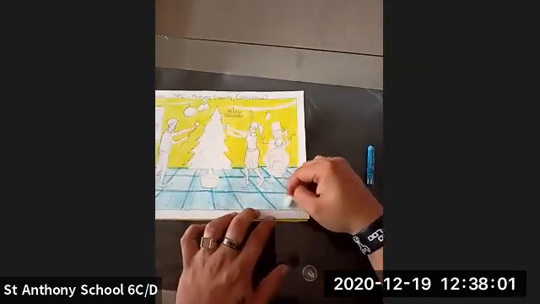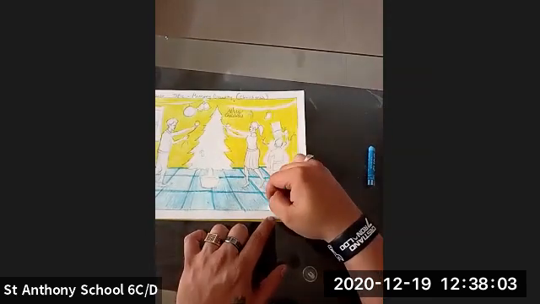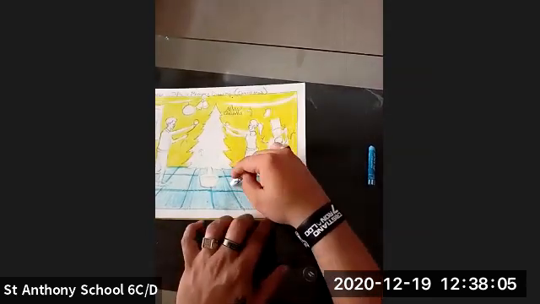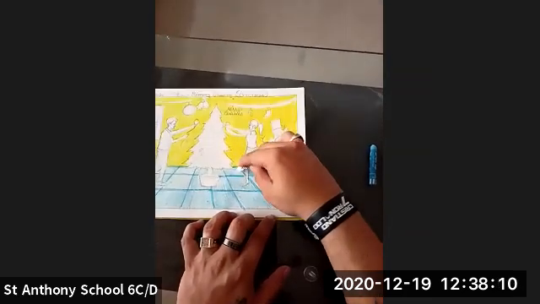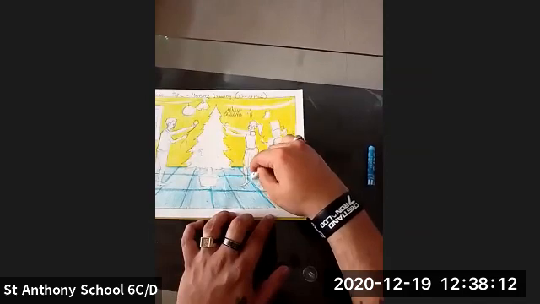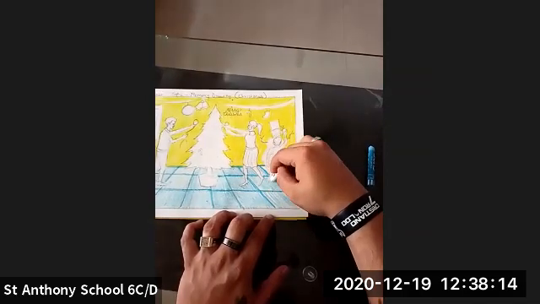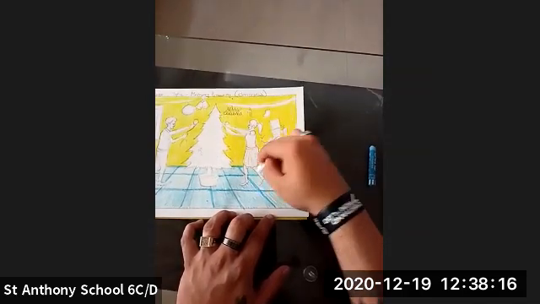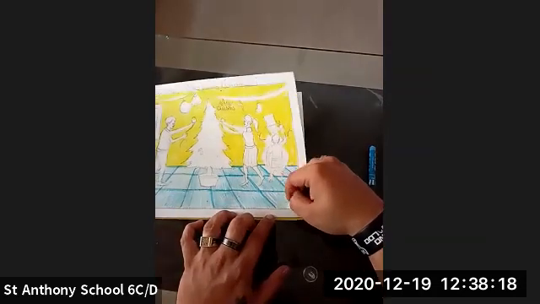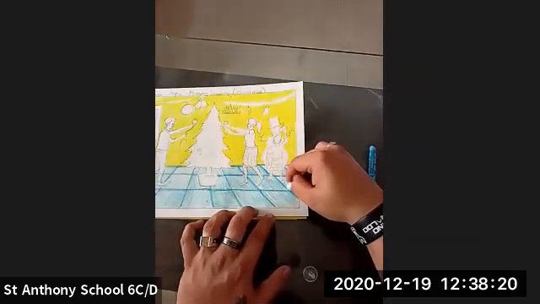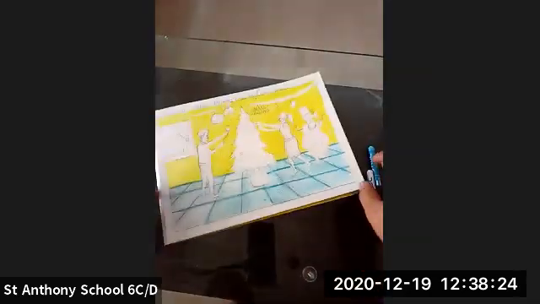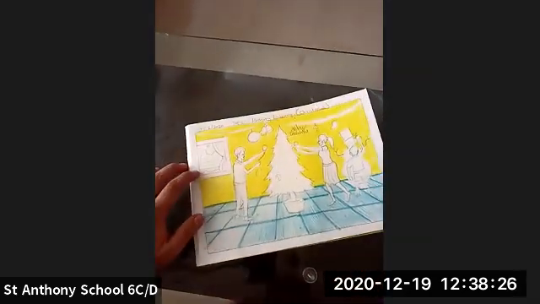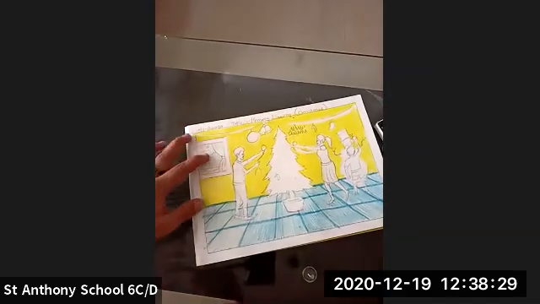Then you can take some white and just merge it properly. So here we have completed the wall. Now I'm going to start coloring the Christmas tree.